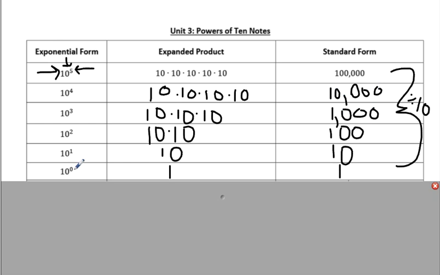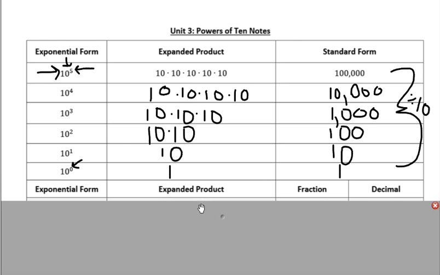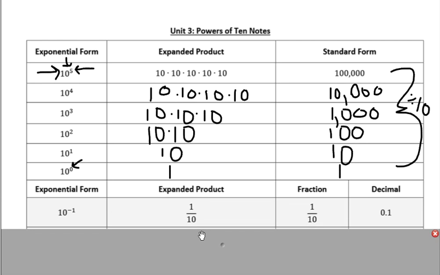Now you remember our 0 property of exponents. The 0 property for exponents says that any number to the 0 power is 1. Okay, now we don't really have any more zeros to lose. So that means when we get to the negatives, my decimal just keeps moving one place over. In 1, it was here. Now we don't have any zeros to lose, so it's going to move 1 time over